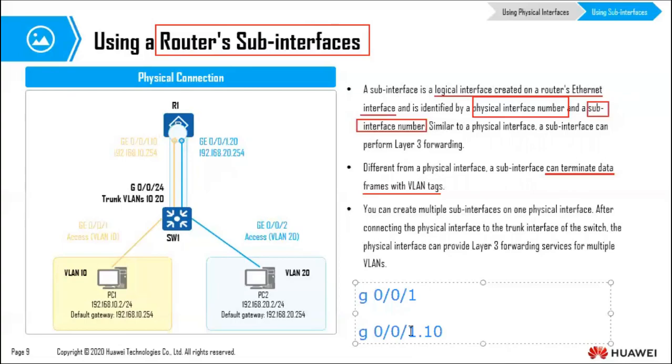So this is the physical interface number, and this is the sub-interface number. Similarly, we can create G0/0/1/20, like that. So you can create multiple sub-interfaces on one physical interface. After connecting the physical interface to the trunk interface of the switch, the physical interface can provide layer 3 forwarding